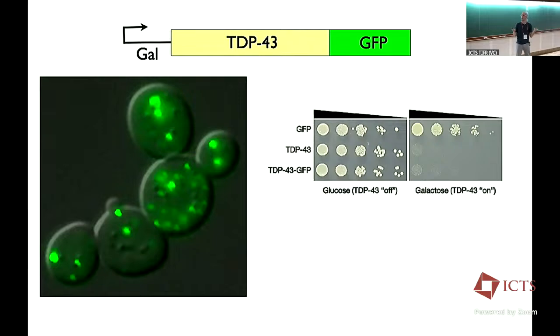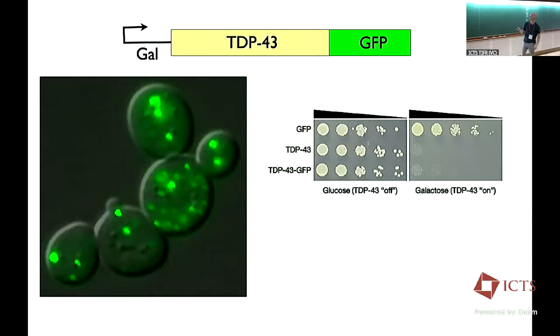So this is what the yeast cells look like. This is a yeast cell, its daughter cells budding off. And when I expressed TDP-43 in yeast, I fused it to GFP. It formed these liquid-like inclusions. This was back before we knew what liquid-liquid phase separation was, so it just seemed like they're just green foci